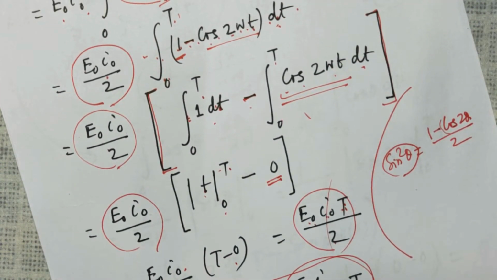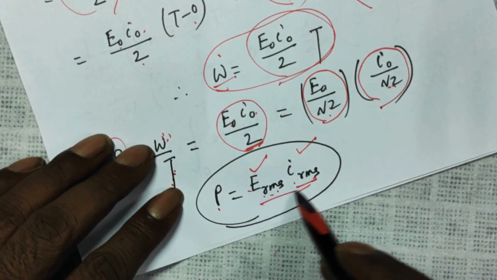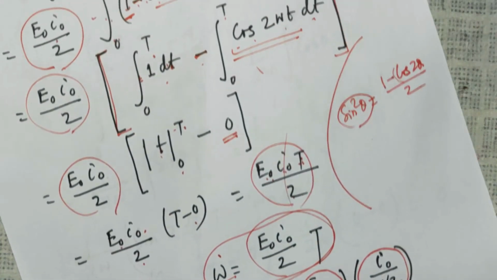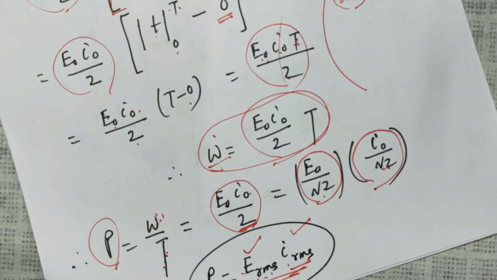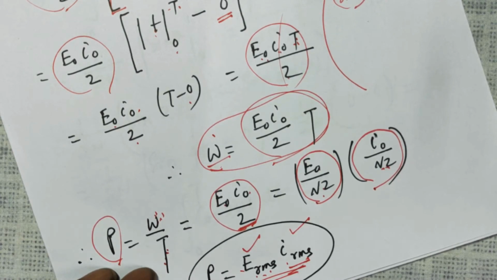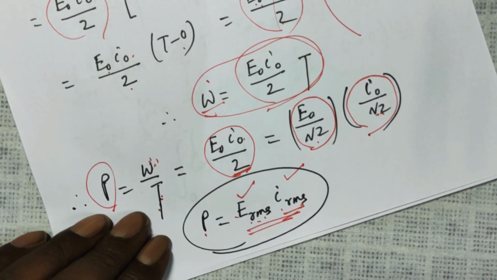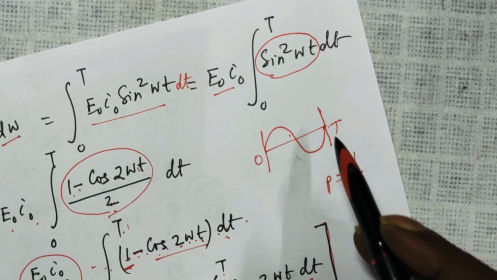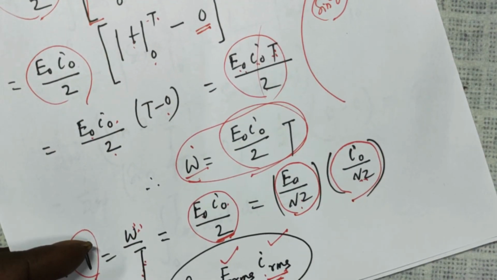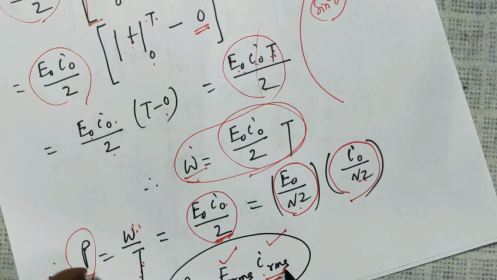So when a resistance is connected, it consumes some power. In the previous two lessons, that is in alternating current 18 and 19, we derived that for a complete cycle, an inductor does not consume any power, and a capacitor also does not consume any power. But here we see a resistance, when connected to an alternating source of EMF like this, in a complete cycle consumes some power, that is E RMS into I RMS.